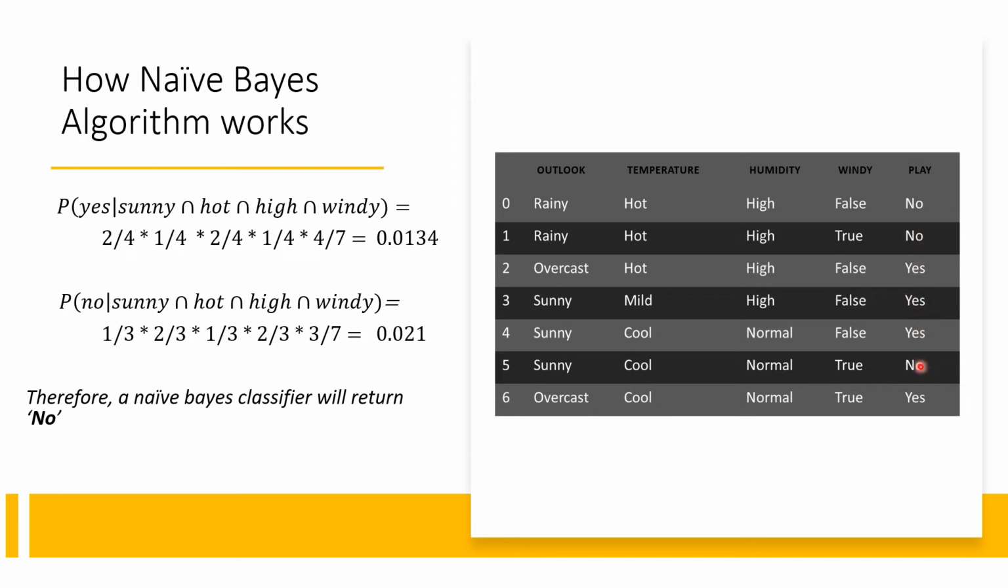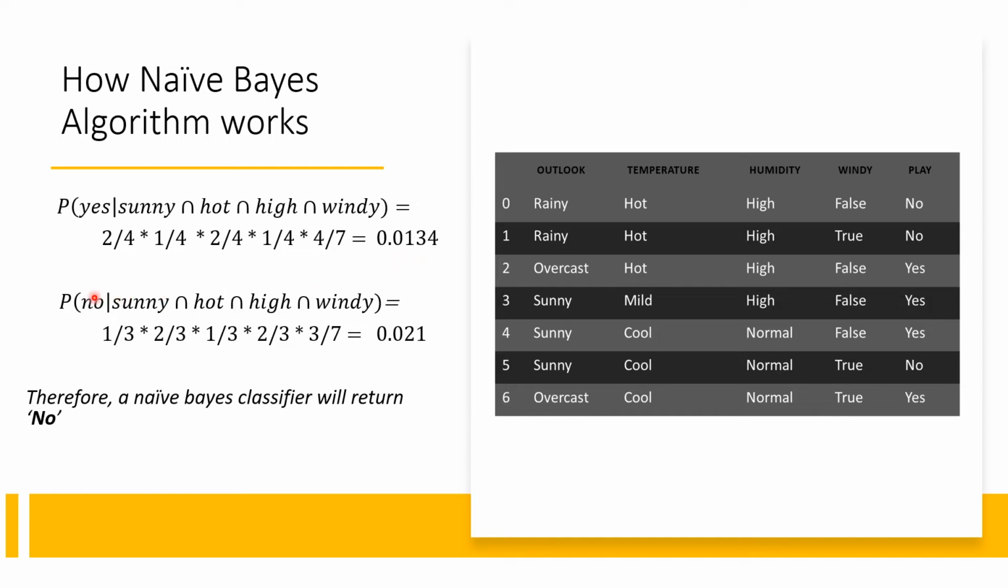So this is like 4 occurrences out of 7 occurrences. So we are going to have this value. Then here we are going to treat the divisor from the previous equation as constant because it is common to these two parties. So then computing this value, we are going to have